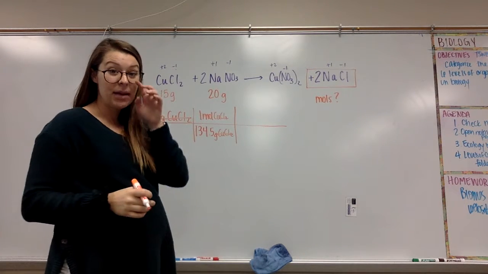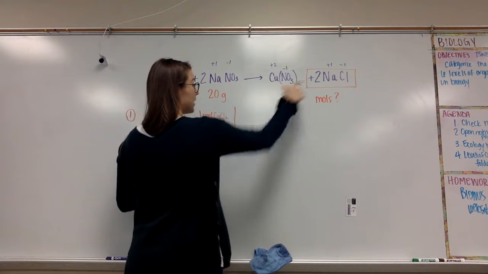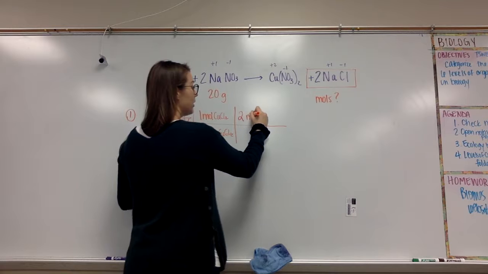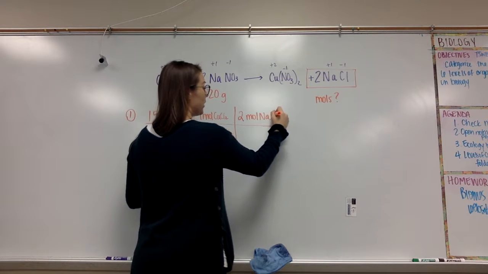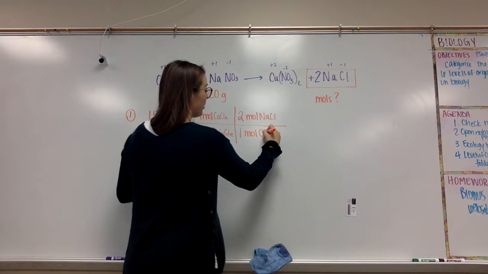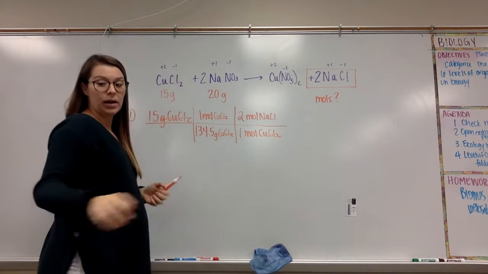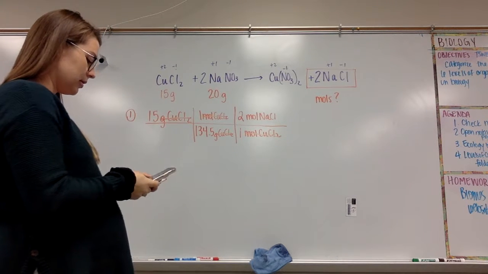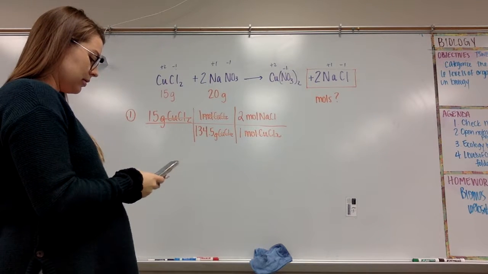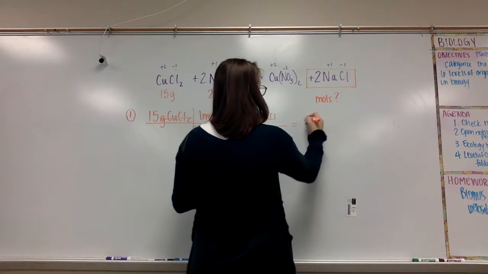And then my last step is to use mole ratio here. I'm trying to get to moles of sodium chloride. So my moles of sodium chloride goes on top. My moles of copper 2 chloride goes on bottom so that cancels out. My final answer is 0.223